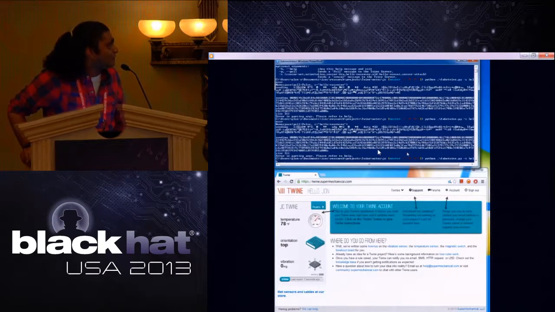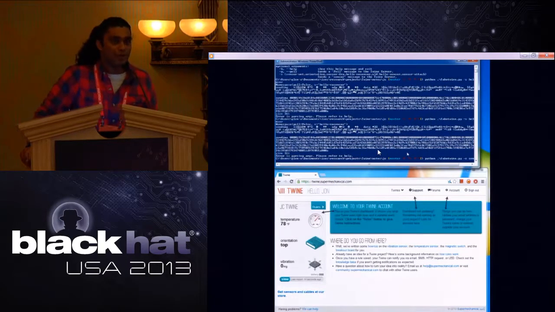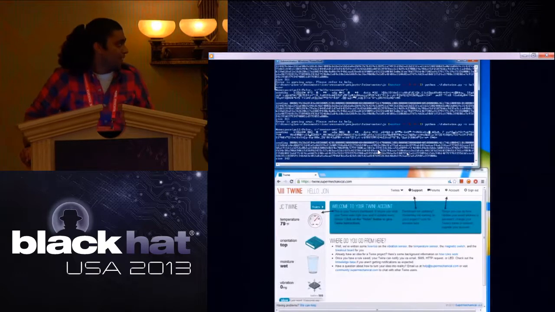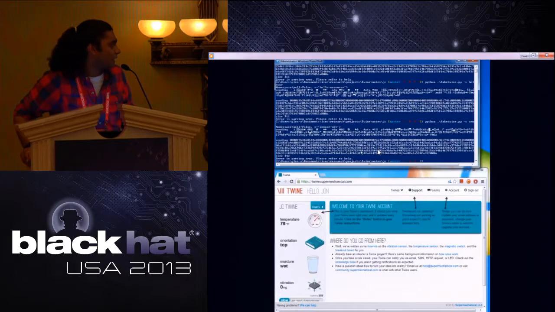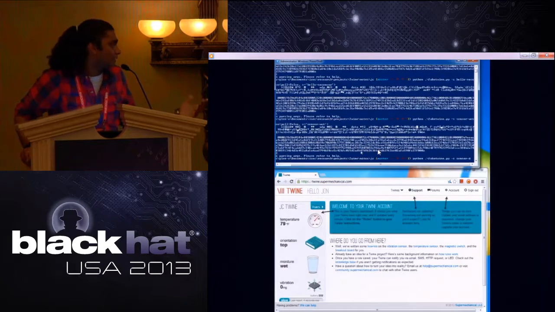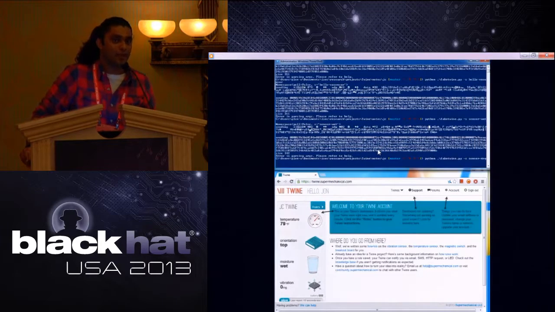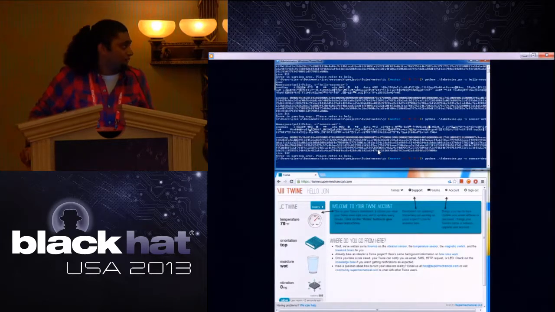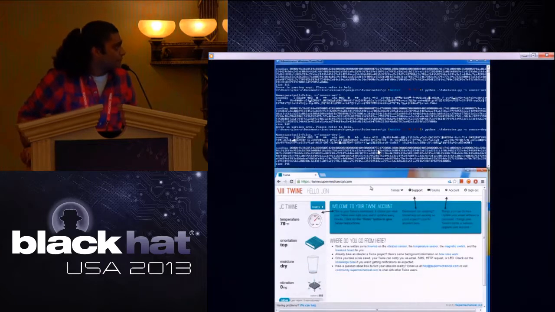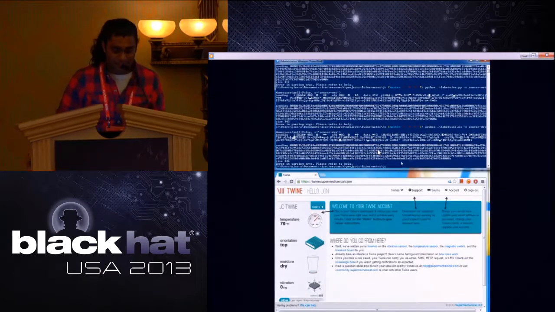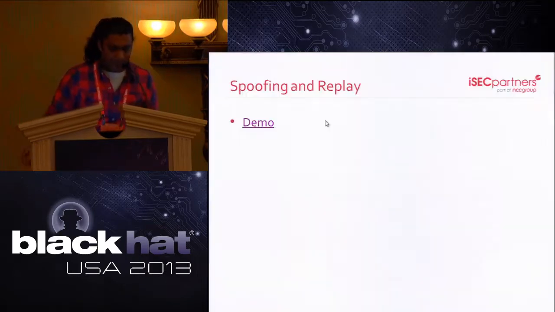In the same way, after capturing sensor data, we can get it to replay all this sensor information. We can trick the server into thinking that Twine is wet by just sending it a packet, a UDP packet with the sensory data for it being wet. In the same way, if we change it to dry, we see that it's dry. So this is just replaying all the packet data, and I mean,